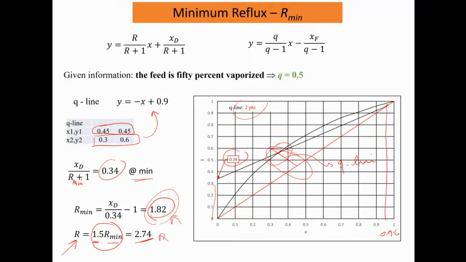Right. Now I have R minimum and I get the R. Now I will go and use the enthalpy chart. Now the tricky thing here, and this is really important: students start drawing without knowing their scale. Now, in order to be able to determine where exactly you are, if I ask you this question,